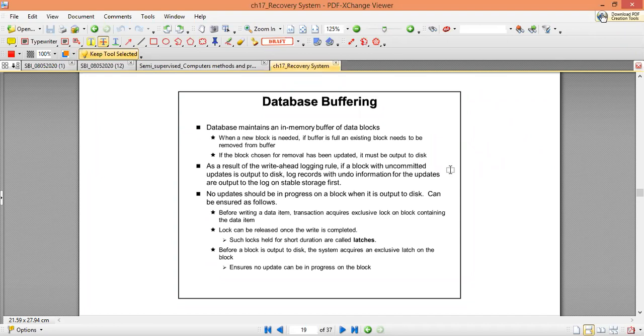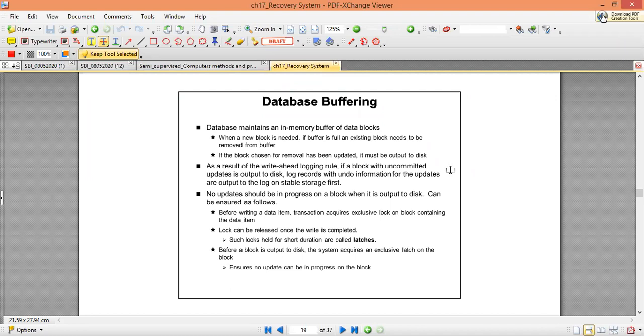As a result of the write ahead logging rule, if a block with uncommitted updates is output to disk, the log records with undo information of the updates are output to the log on stable storage first.